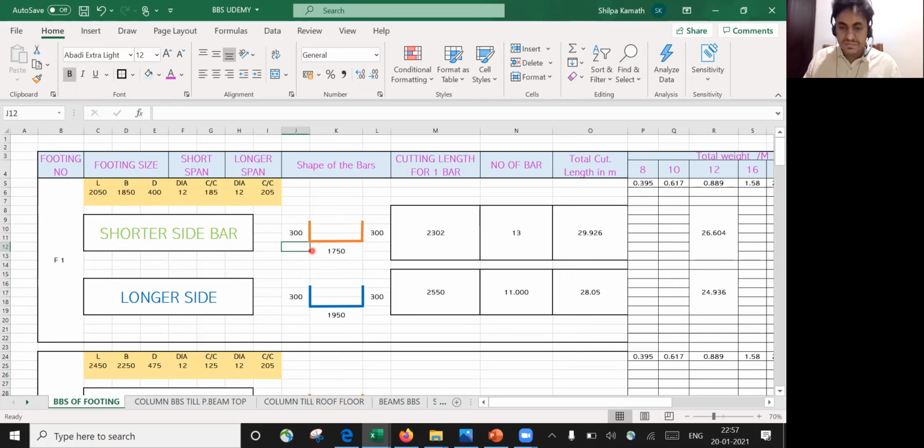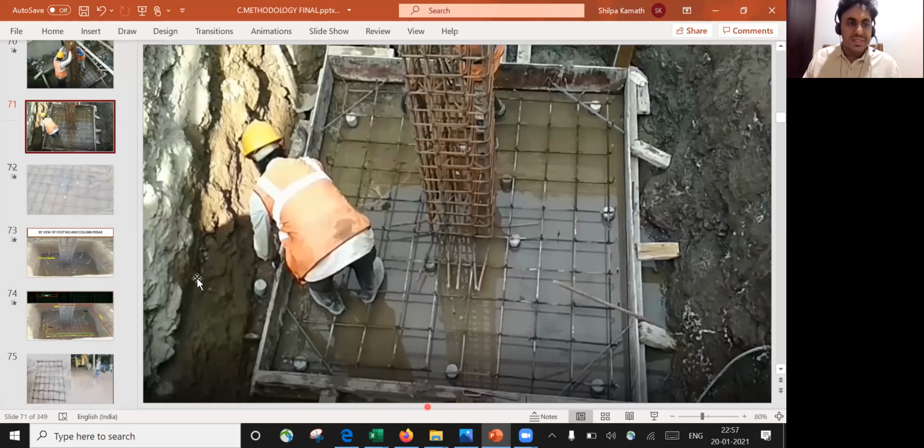That means, you can see this bar, right? This is the total length of the footing, which is 1850. But I want to find the length of this bar, which has been put up. So whatever is the total breadth of your footing, out of that you need to deduct the cover of 50 mm from both sides.